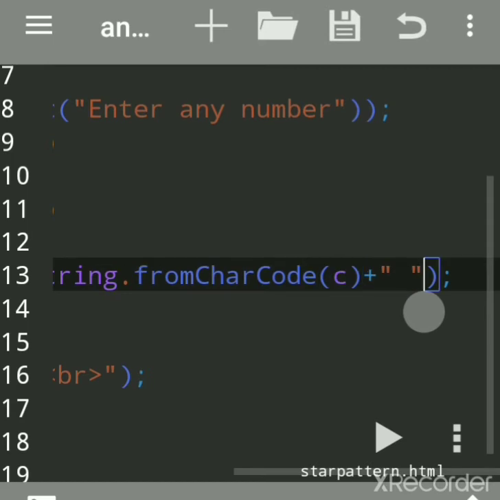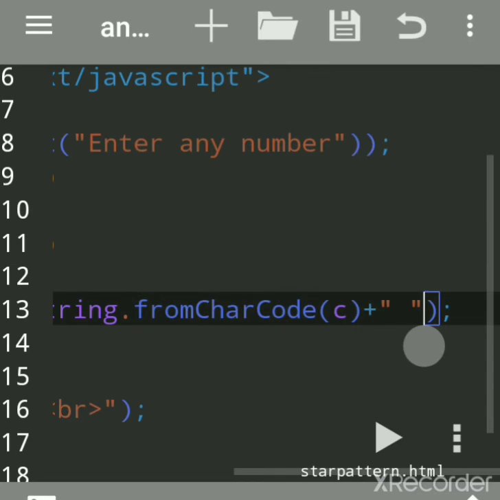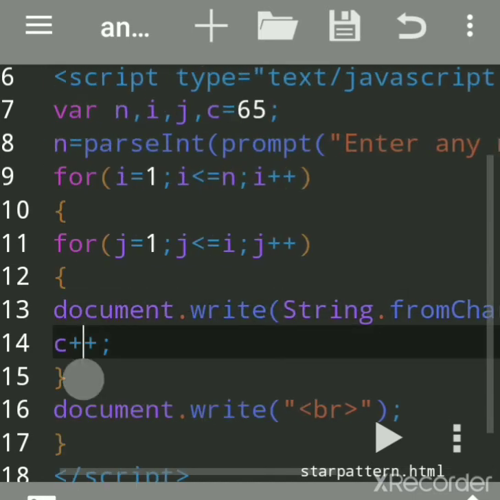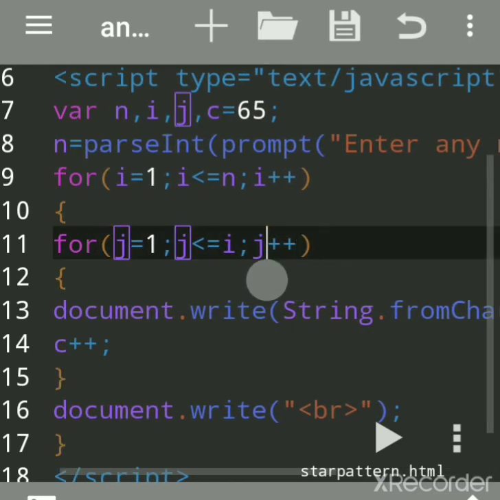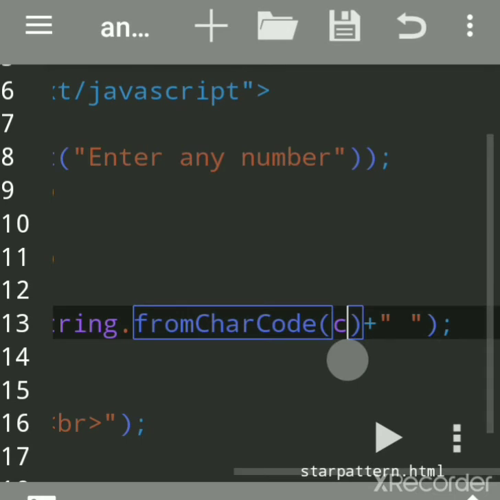Then space, and then this value will increment, it will become 67, because previously it was 66. J will increment, J will become 2. 2 is less than or equal to 2 because the I value is 2. Then it will print the value of 67, that is C, because 65 is A, 66 is B, 67 is C. So it will print C on the second line with space.